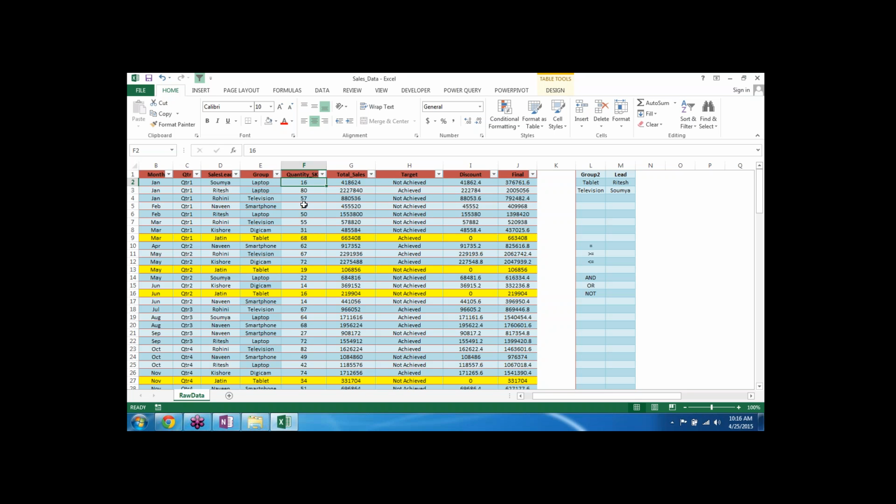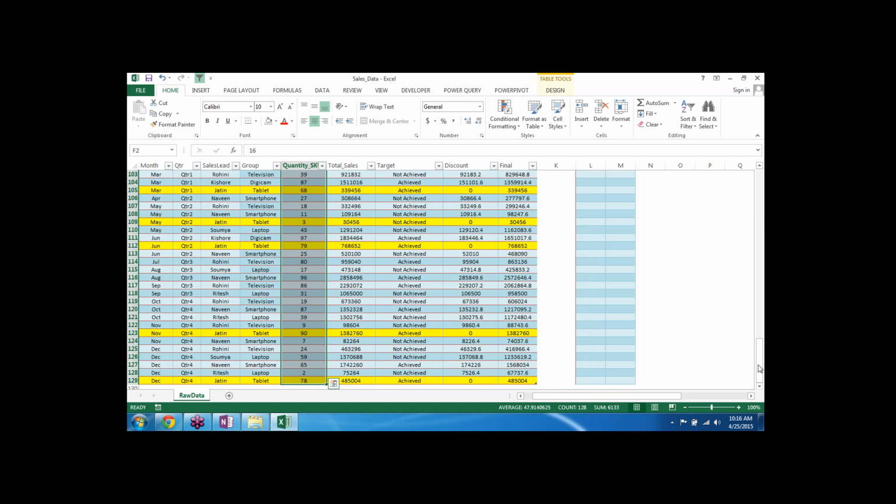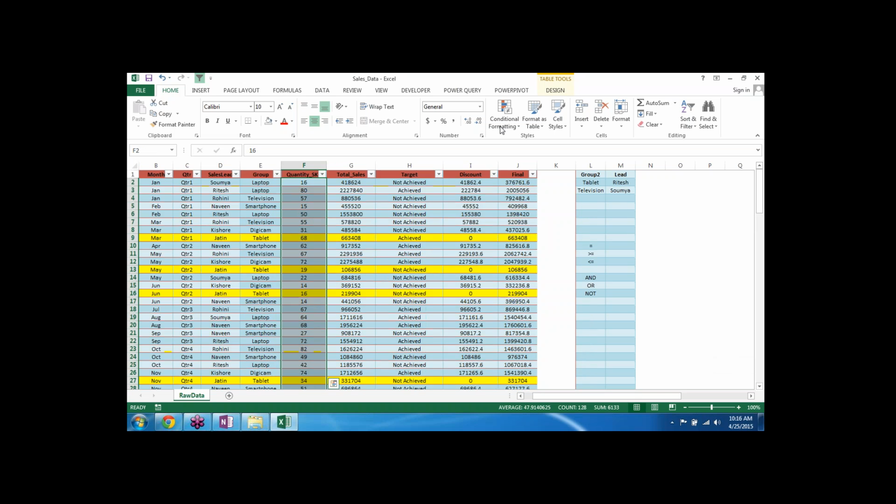So if I see the numbers, I can see 14 somewhere, I can see 82 somewhere. So I am not understanding how big is 14 for this particular column. So for that, what you need to do, just highlight the particular column, and then you have an option here which says conditional formatting and data bars. So data bars, see here,